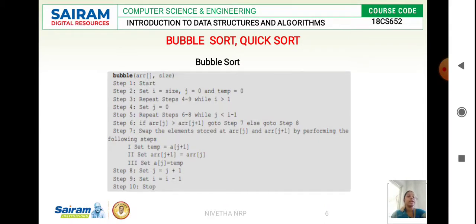Why is i minus 1? Because we are going to go from right to left. In the sorted array, all your sorted elements will be stored at the right end of your list. So each and every pass, whenever it completes one pass, we will be getting one sorted element.